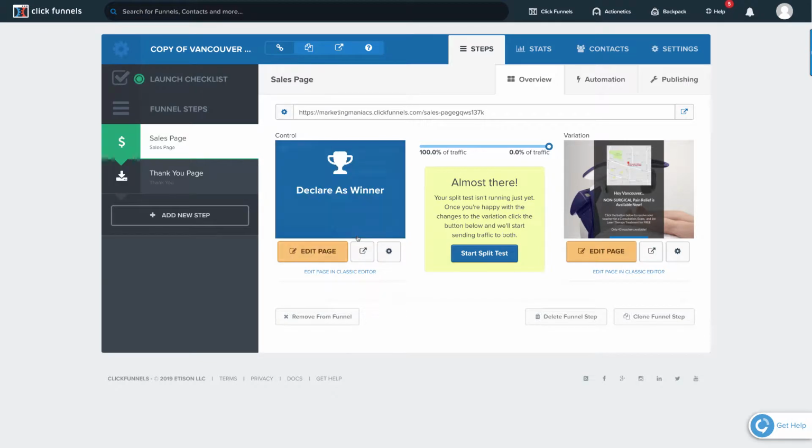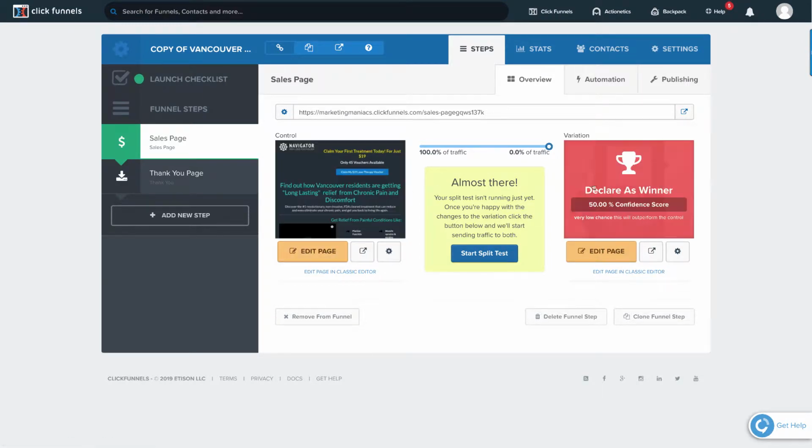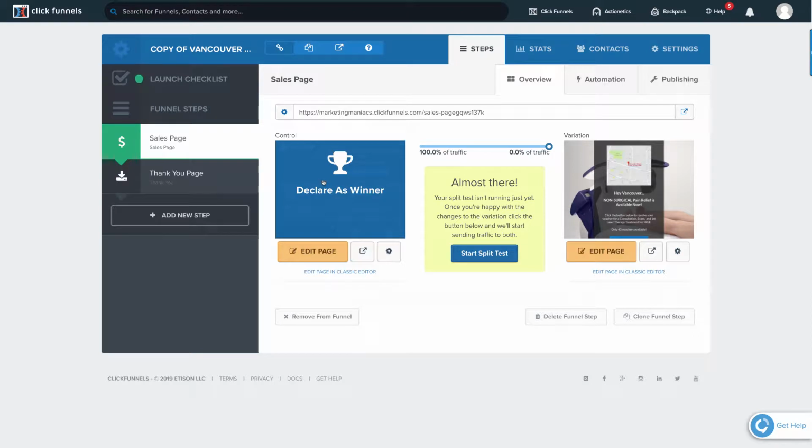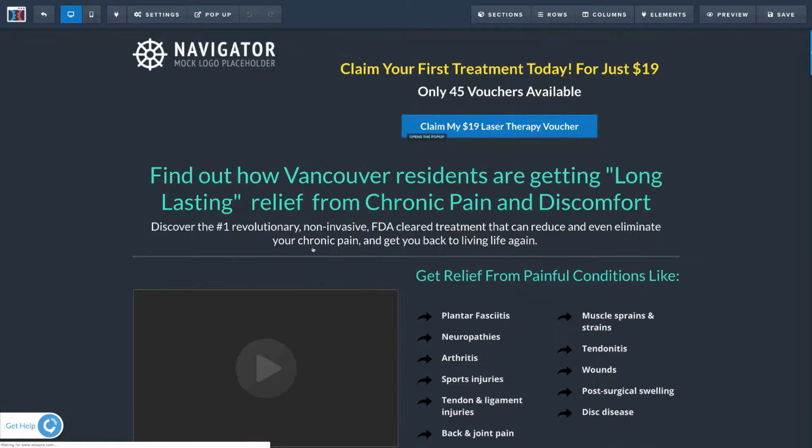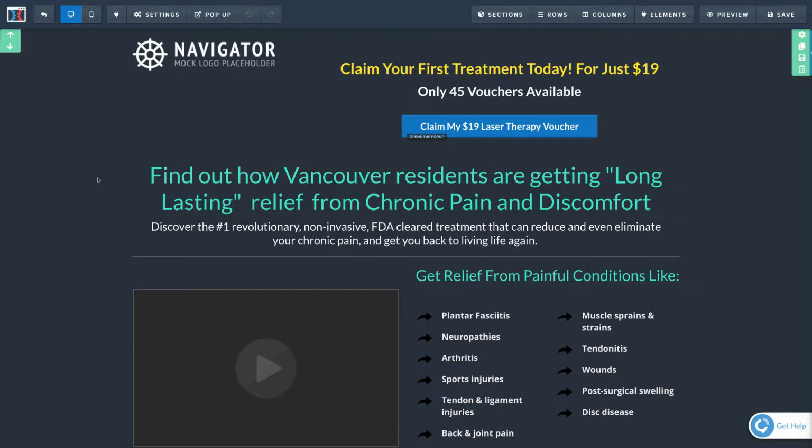So the first one's a little bit more in detail, so we're going to go over this really quickly. I'm going to show you how to edit it and everything. There are plenty of instructions online as well, and also within ClickFunnels, to show you how to do this. But this first one is a little bit more detailed. So if you have a service that's a little bit more complicated or that offers several different benefits, this would be a great page to show off the benefits of your service, as well as show people exactly how it works to claim their coupon and work with you. Okay, so this particular instance is one that we did for a Vancouver laser clinic